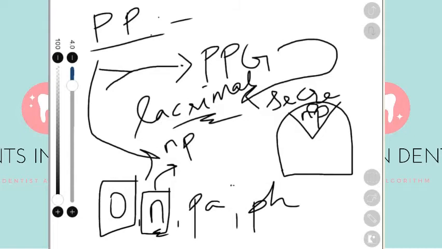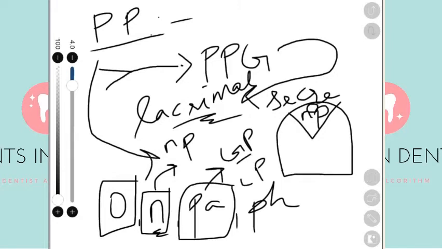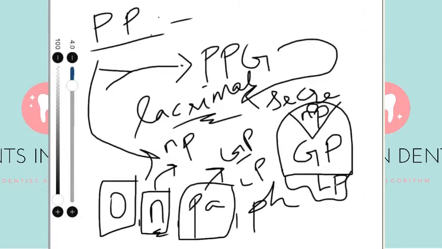And next is the palatine branch. The palatine branch again gives very important nerves. They are the greater palatine and the lesser palatine. The greater palatine nerve supplies the posterior part of your hard palate, and the lesser palatine nerve supplies your soft palate. So again, these nerves are very important, since dentists work in these areas mostly. So the nasopalatine nerve and the greater palatine nerve are important to us. And then at last you have your pharyngeal branch, which supplies the pharynx. That is, usually it supplies only the nasopharynx.